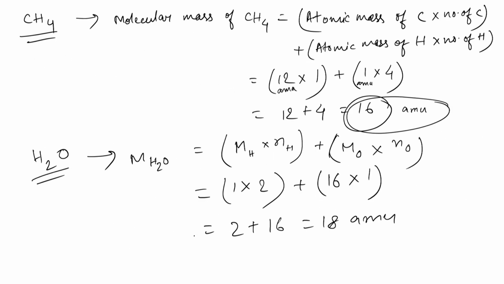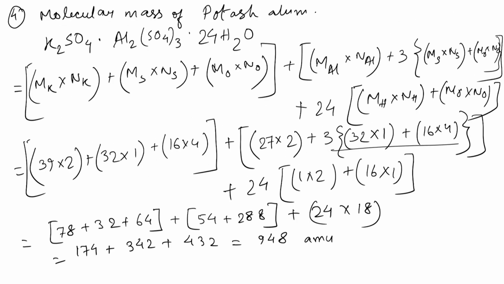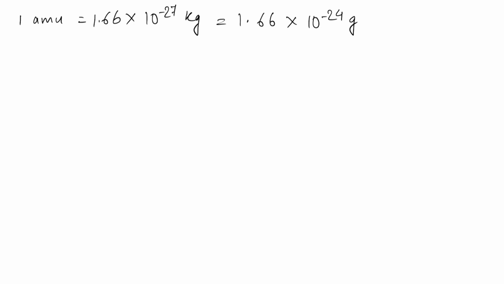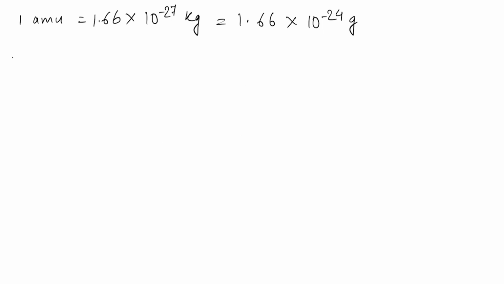okay. So we have everywhere measured the molecular masses in terms of AMU. Now, what if we want to measure the molecular mass in terms of gram? So, we know that 1 AMU is equal to 1.66 into 10 to the power minus 27 kg, which is equal to 1.66 into 10 to the power minus 24 grams. Okay,